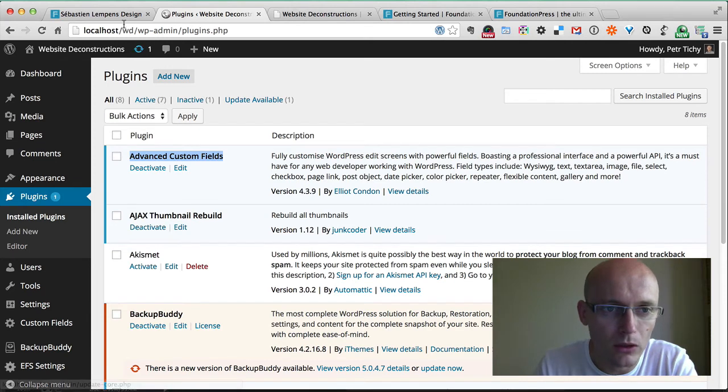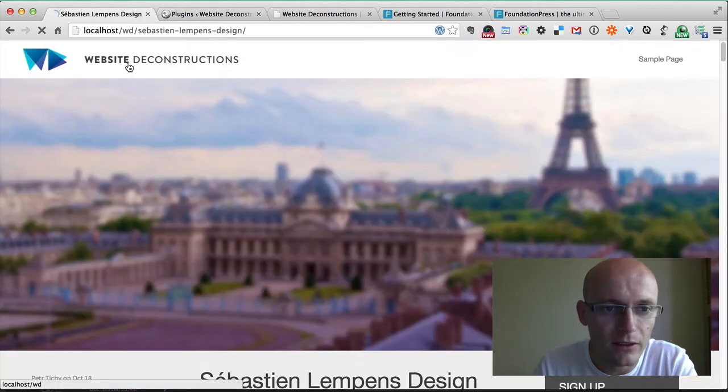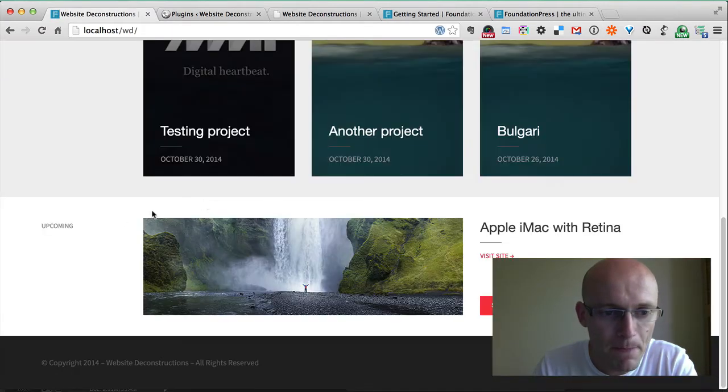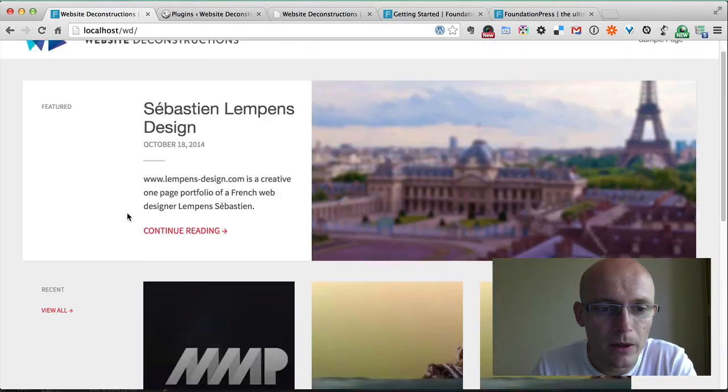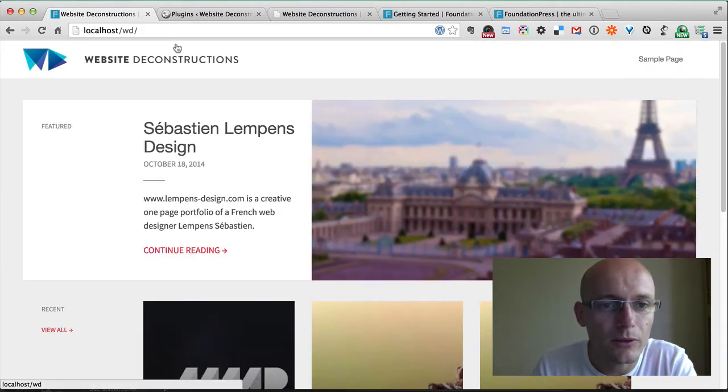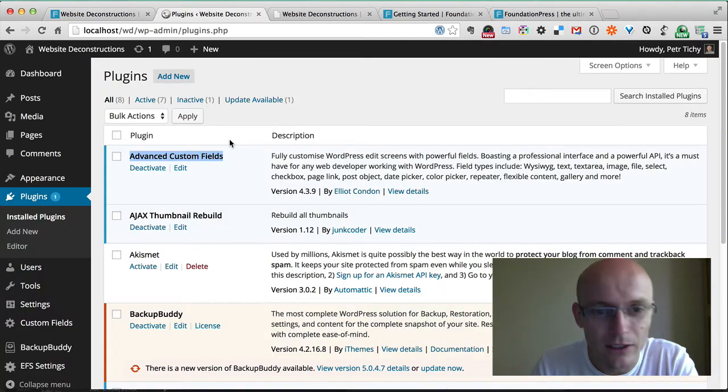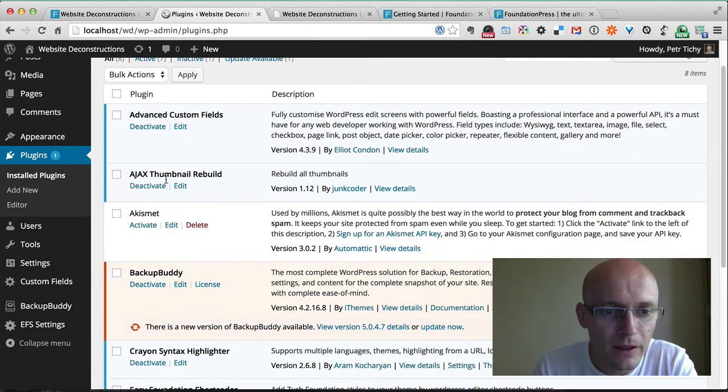Later on I want to build also the front side, the upcoming project. I still need to hook this on to Advanced Custom Fields and make this CMS manageable as well. At the moment it's all hard coded, but I hope to do it before the site goes live next week. The next plugin I'm using is Ajax Thumbnail Rebuild, which is a plugin very handy